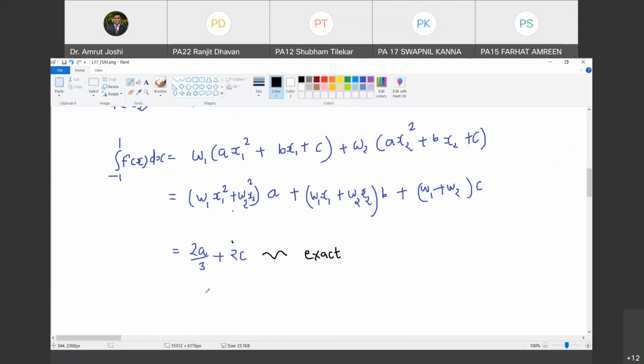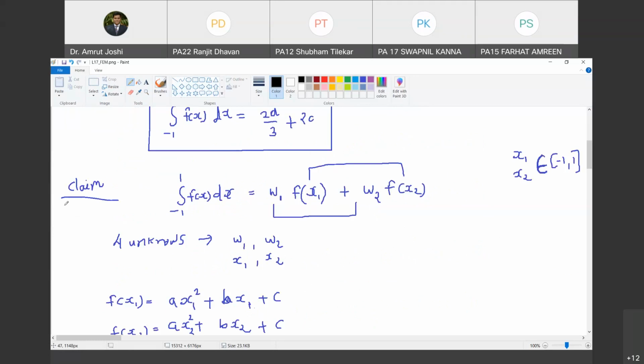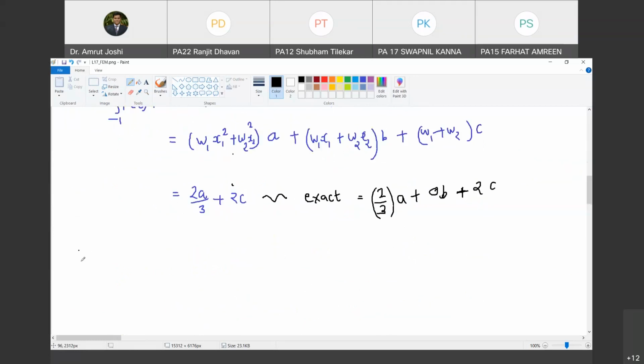Do you agree with me? So, can I write this exact value as 2 by 3a plus 0b plus 2c? And now equate coefficients of a, b, and c on both the sides. Then only my claim is going to be correct. Do you agree with me? So for claim to be true,